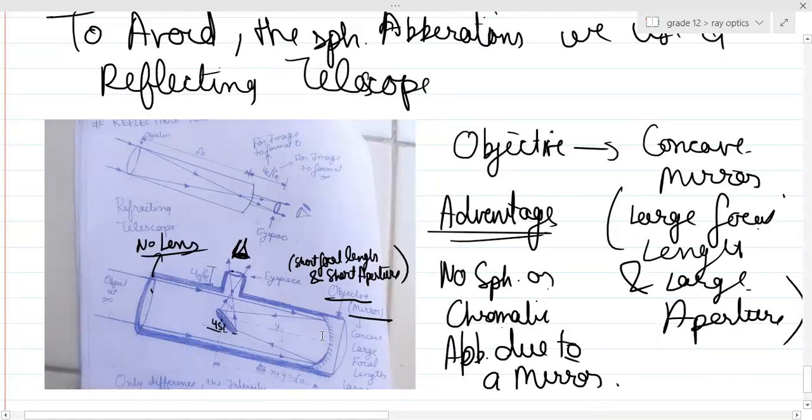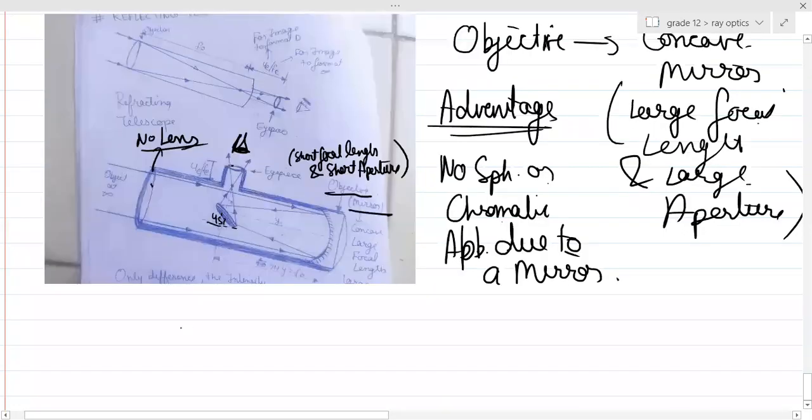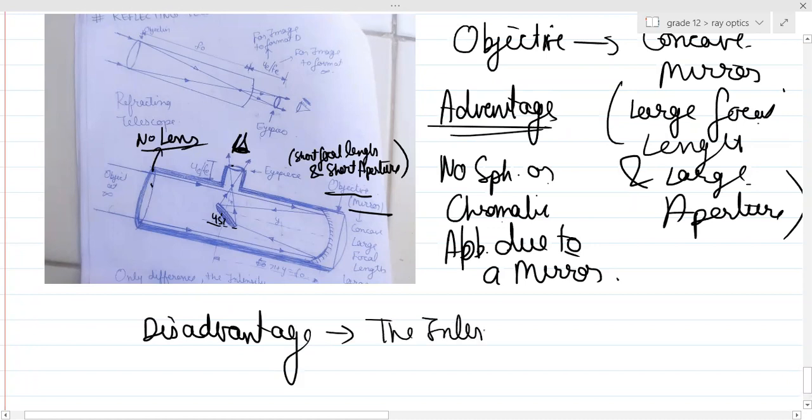These reflecting telescopes are very bulky. They are of a very huge size, because they want lots of light rays to come through here, right? We want a large amount of light rays to enter and then converge, so that the intensity becomes a little bit more. Is it clear? So the only disadvantage is that the intensity of the final image is less.